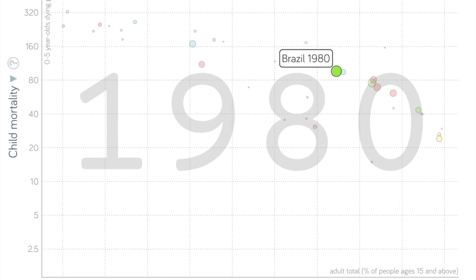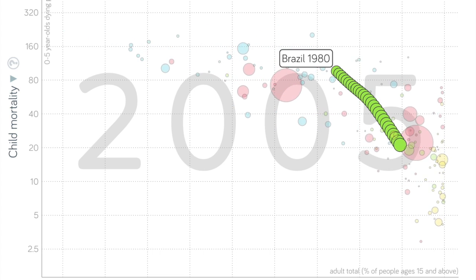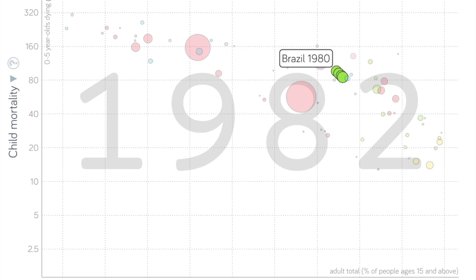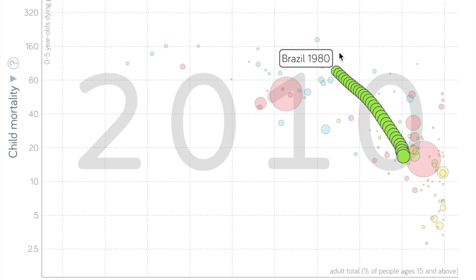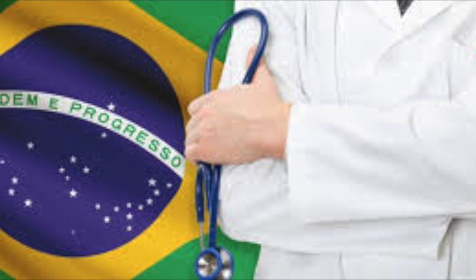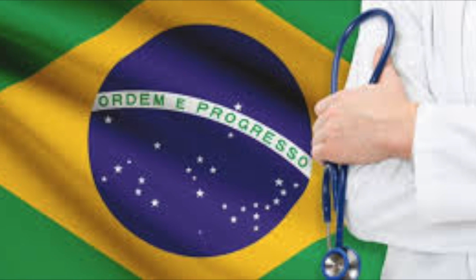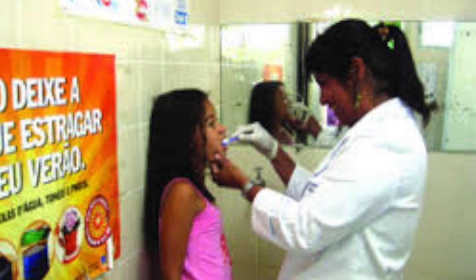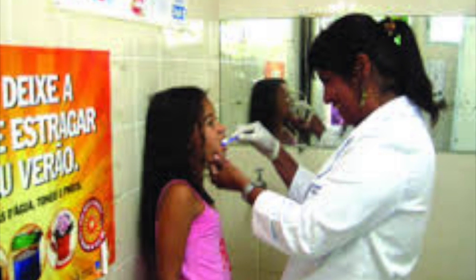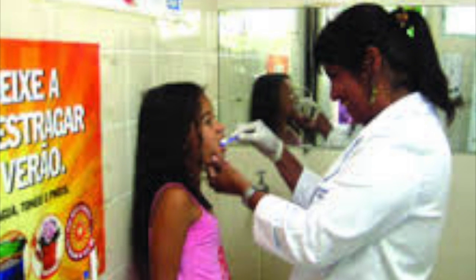This correlation is very prevalent in Brazil, where UNICEF reported 58 deaths per every 1,000 live births in 1990. As of 2011, Brazil has been able to lower this rate to 16 deaths per every 1,000 live births. UNICEF cited improvements to the country's healthcare system as a prominent reason for this drastic improvement. Brazil started community health programs and family health initiatives in the 1990s to ensure people received the care they needed. Brazil continues to improve sanitation and provide better maternal education in an ongoing effort to lower infant mortality rates.